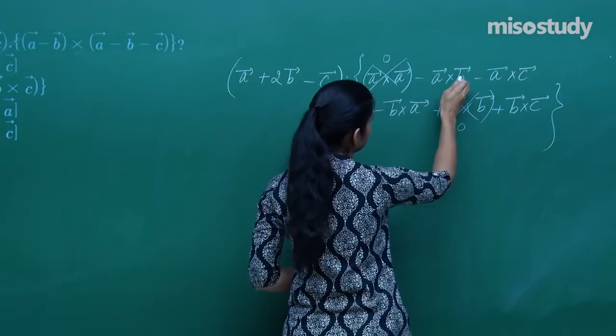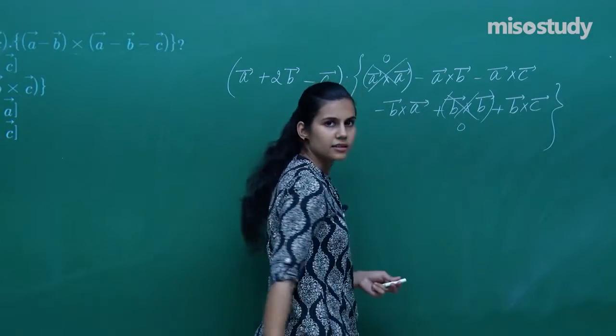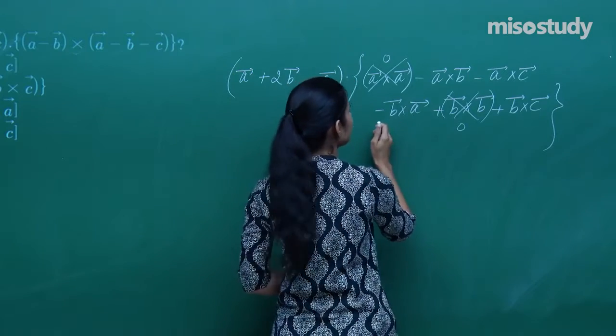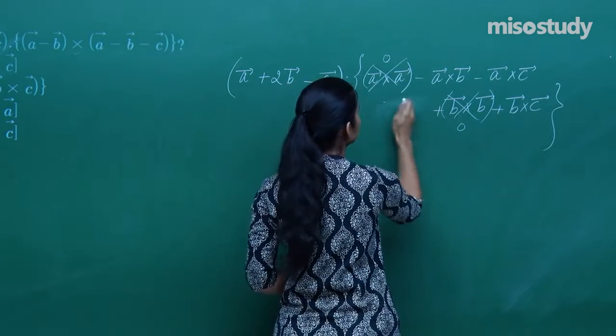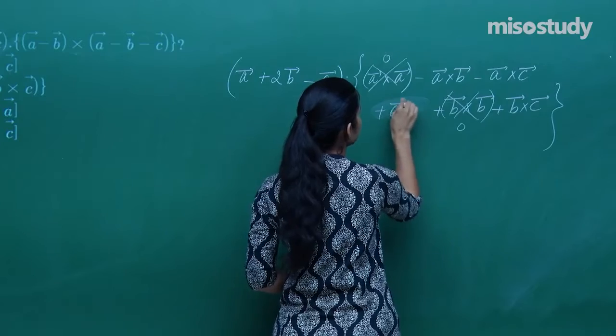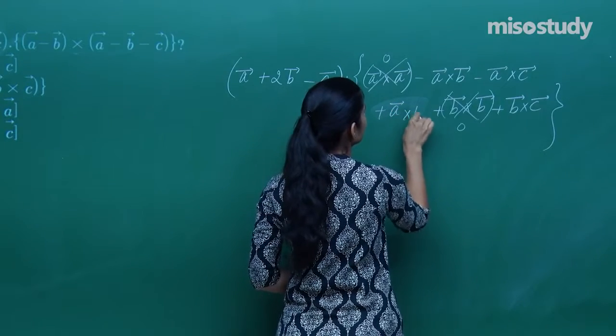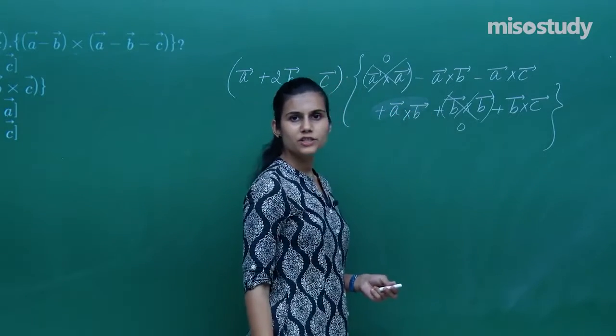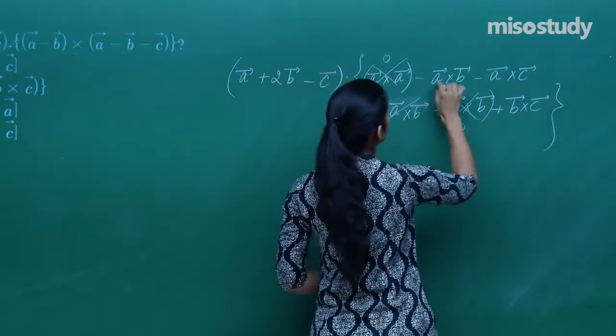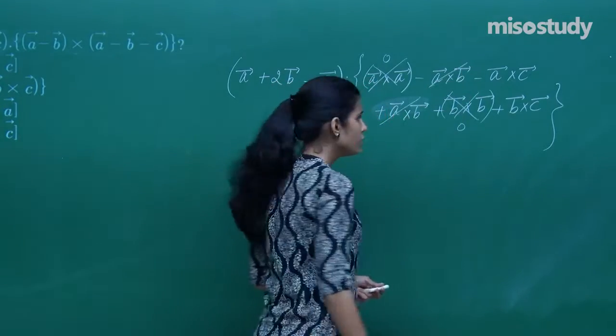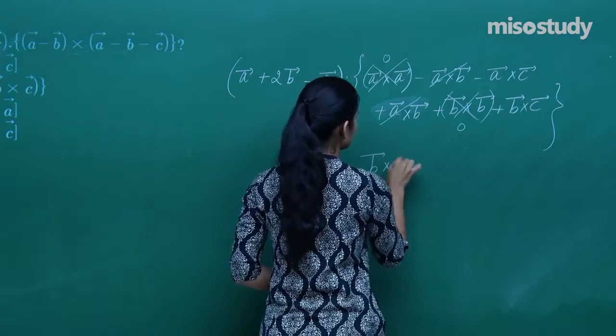Minus A cross B and minus B cross A. Minus B cross A is nothing but plus A cross B, because A cross B is the same as minus of B cross A, and therefore this and this get cancelled out. So you are just left with B cross C